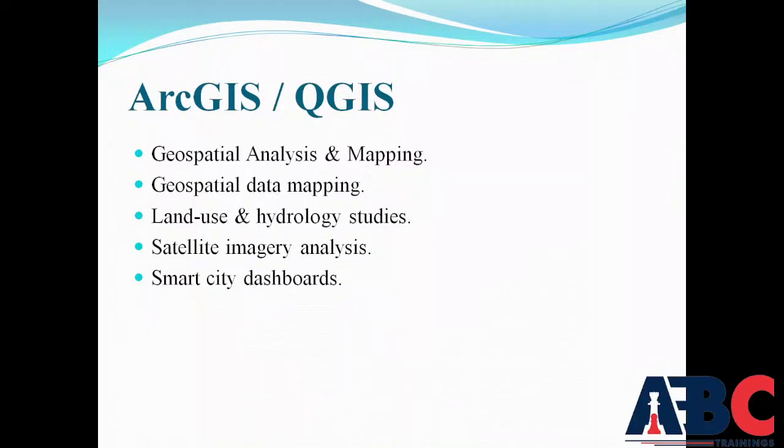And last one is about the smart city dashboard. Means what? ArcGIS dashboard displays real-time city data for better decision making and public services. Smart cities we are designing for better public services, to give better things to the public. So integration of IoT sensor data, real-time traffic and mobility visualization, utility network management, monitoring infrastructure performance, city management dashboard that are used. So that is why ArcGIS and QGIS are used.